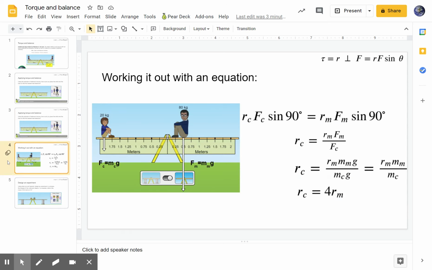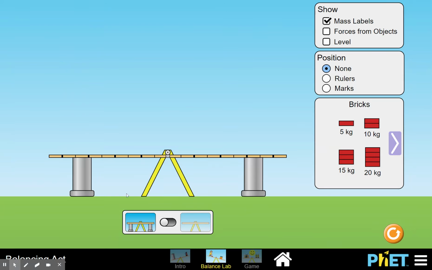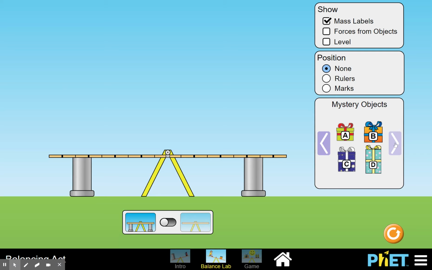In this case, I might show them how to work this out, not just by trying it out, but also using equations to solve it. And then we could use it again. So I noticed that in the Balancing Act, there were objects of unknown size. And so I thought, in AP Physics 1, they're often asked to design an experiment. So maybe they have to design an experiment using the mystery objects. So I could go back and use that same URL to